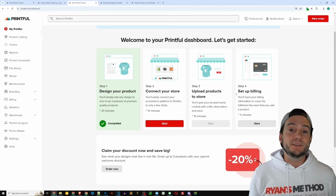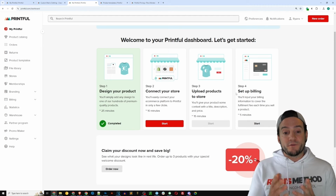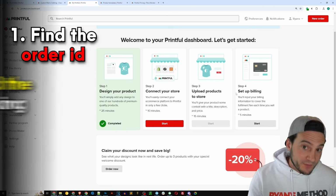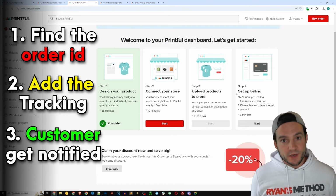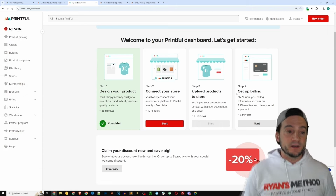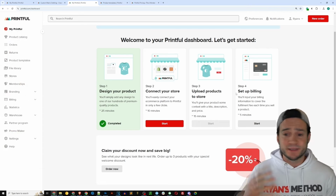When they produce it and ship it, they will automatically upload tracking as well, because Printful has that connection to your store. So it'll find the order ID, add the right tracking. Your customer will get notified, hey, your product is on its way. And guys, that's basically it. I mean, as a beginner, that is how you open a Printful account, publish your first product, set up billing,